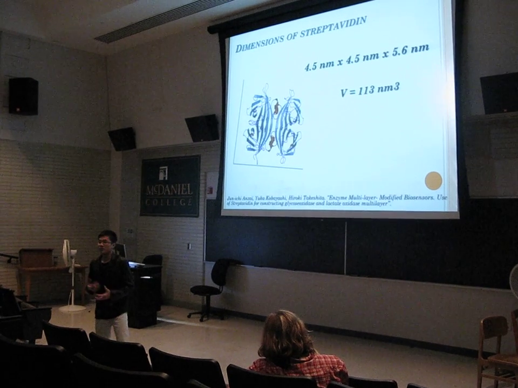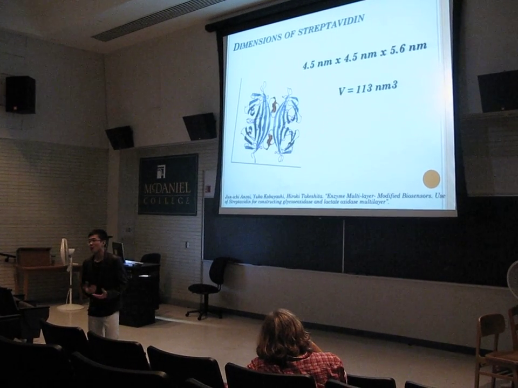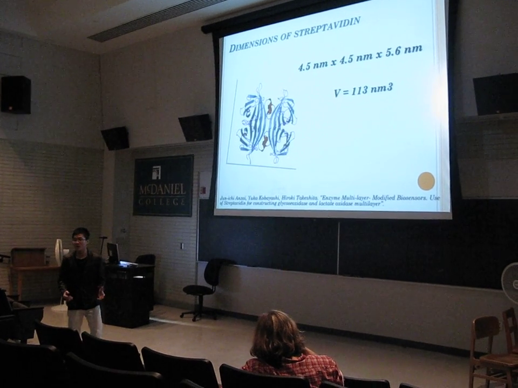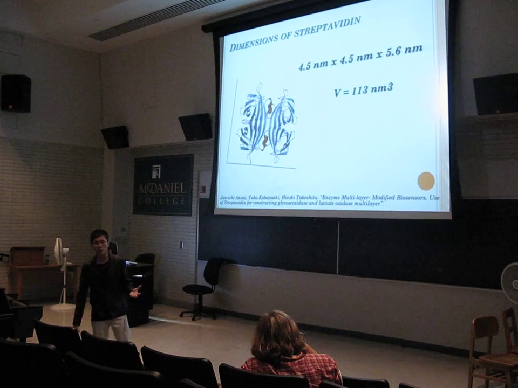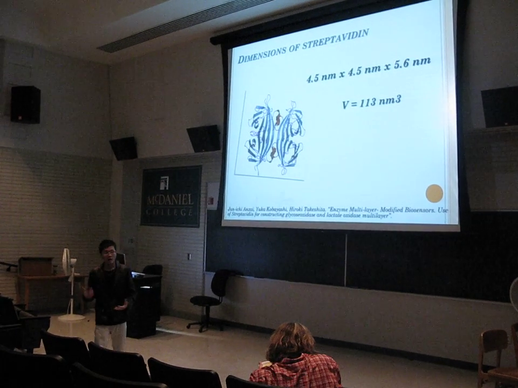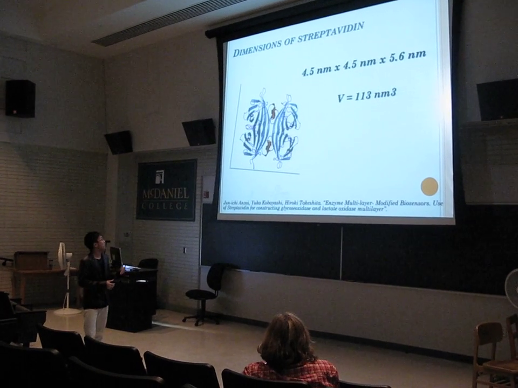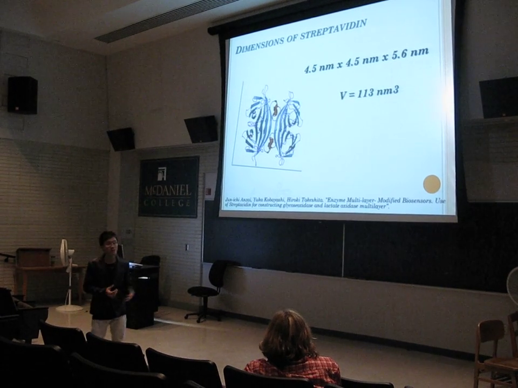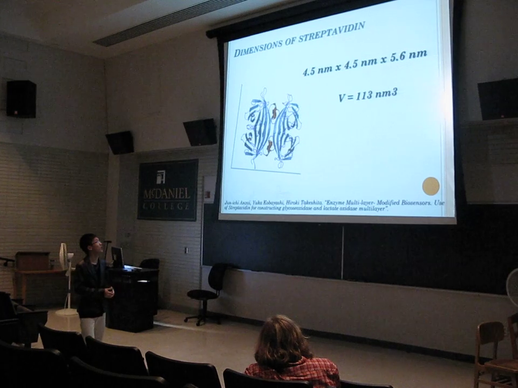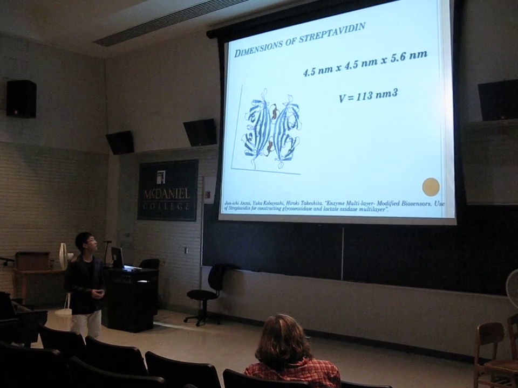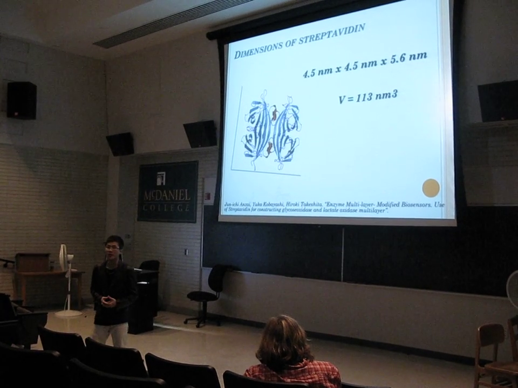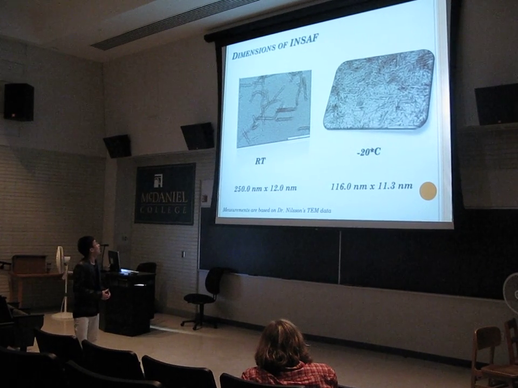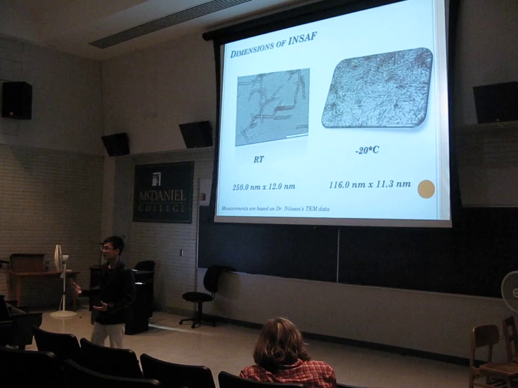And in the past few weeks, I spent a significant amount of time studying and calculating the dimensions of streptavidin, biotin, and insulin fiber. And according to the statistics, the average size of the streptavidin is 4.5 by 4.5 by 5.6 nanometers with a total volume of 113 cubic nanometers. And as I mentioned earlier, insulin fiber stored at different temperature with